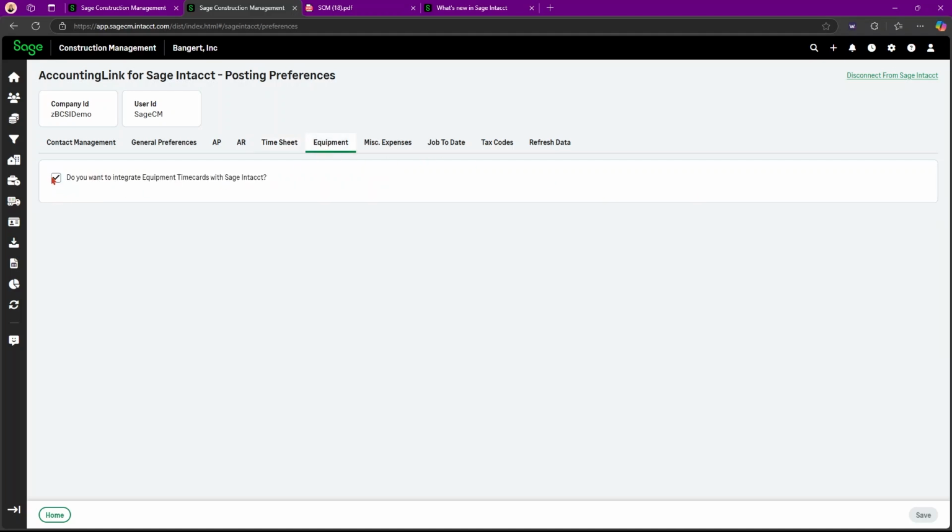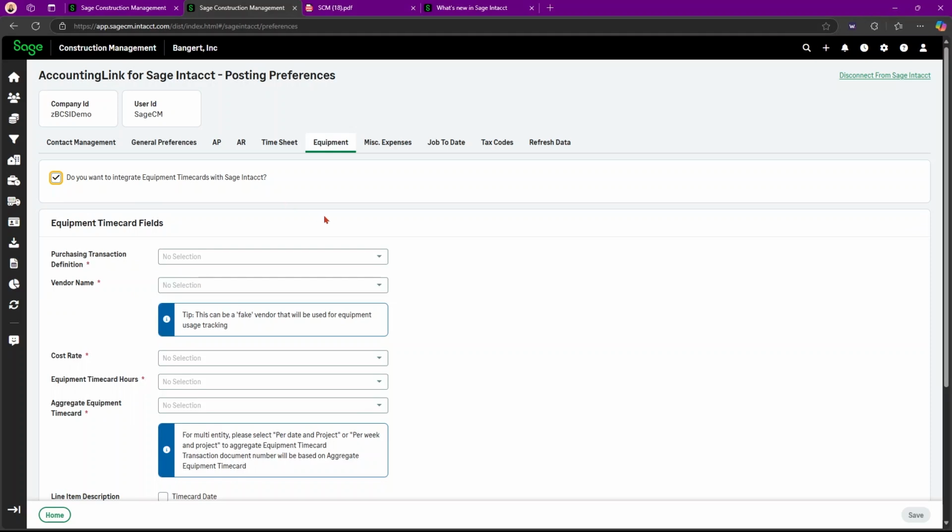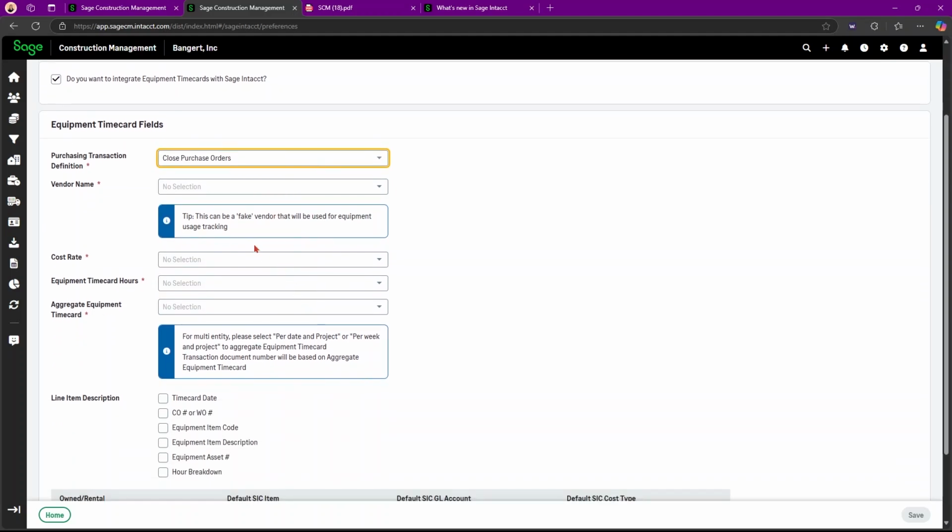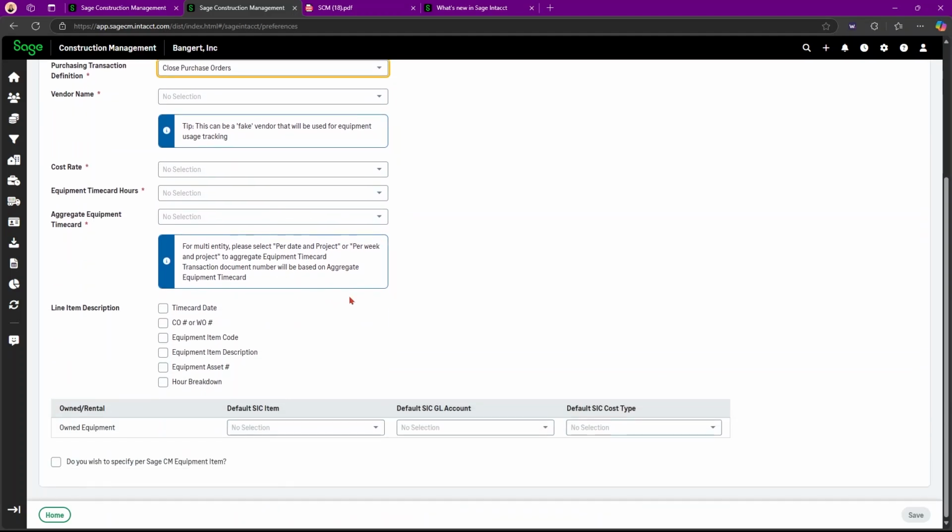Then for equipment, you're just going to check this little box and you can choose your purchase transaction definition and your vendor names, the cost rate, equipment time card hours, all of these.